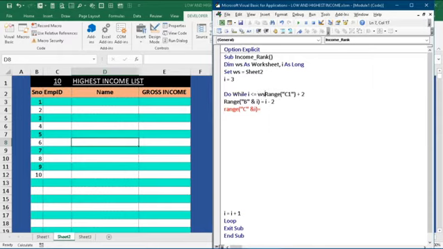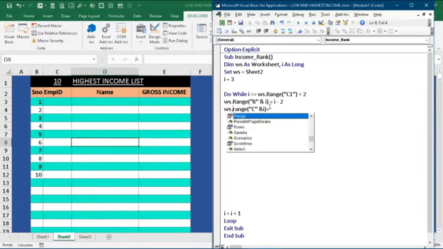This range refers to sheet 2, so that is where we have ws.range. So ws.range is equal to,